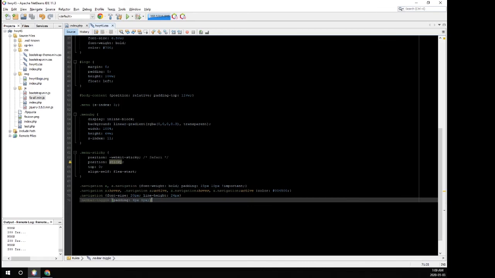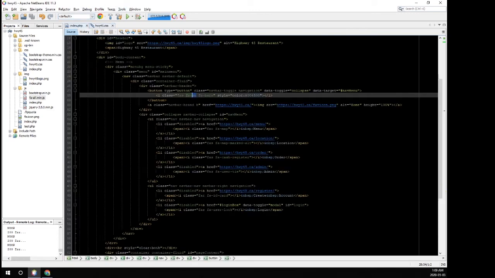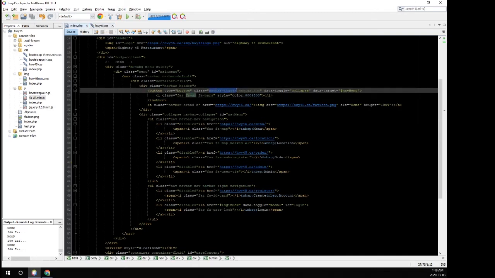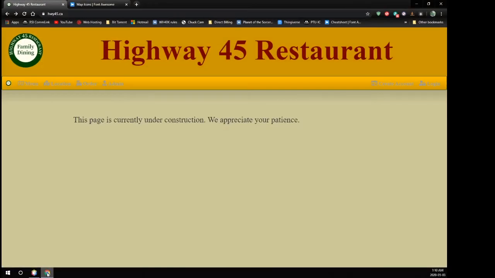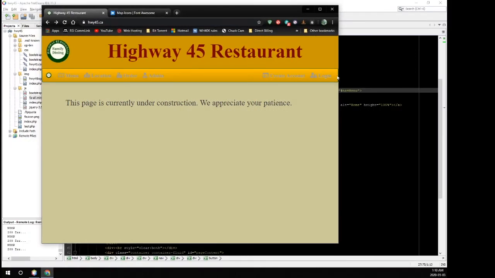Now, the other thing I did was the navbar toggle. So if you go back to our index and you see where the navbar toggle class is right here, this is one of the Bootstrap predefined classes, and it has a padding set to it for 15 pixels all around. And the 15 pixels was actually slightly bigger than our little menu icon there, and bigger than what our text here was. So when we used that, it was actually popping down the menu a little bit